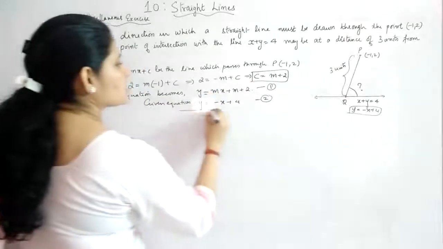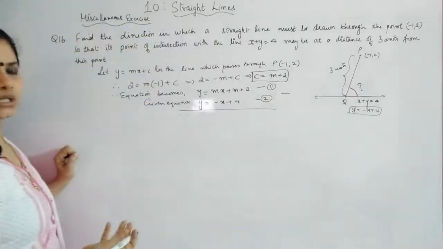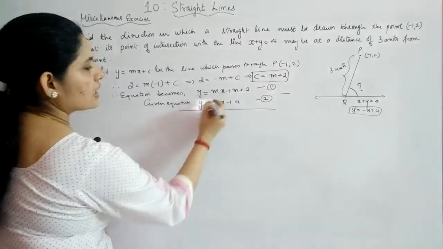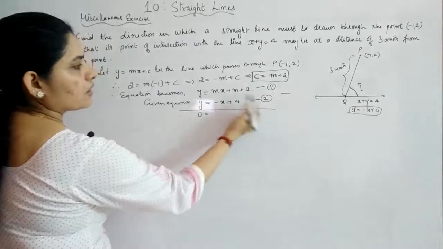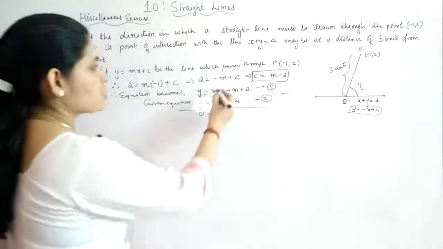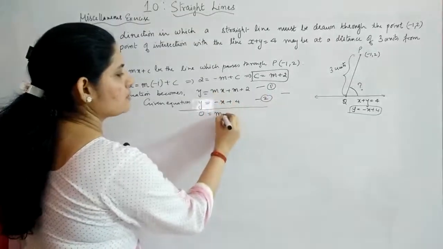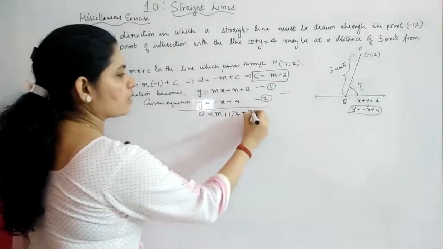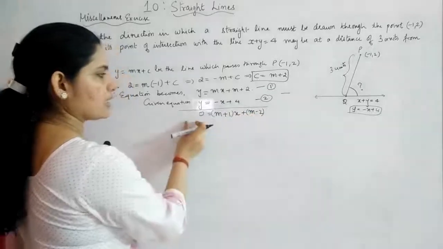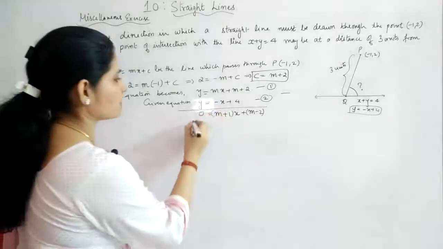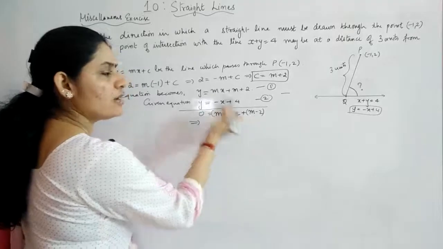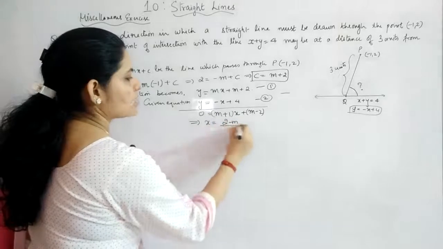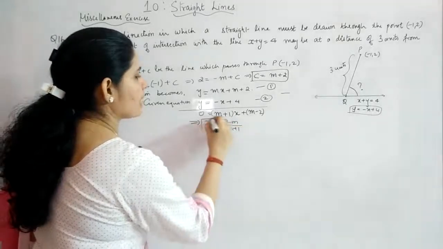Now solving the two equations, you can just subtract them, the elimination method, so that y will go and you will get the value of x. So here you will get 0 is equal to the coefficient of x, m minus of -1, that is m plus 1, into x, plus m plus 2 minus 4, which gives m minus 2. Now taking this to the other side, it will come in the denominator. Your value of x becomes minus of m minus 2, that is 2 minus m, as the numerator, and the denominator will be m plus 1. So this is the value of x.